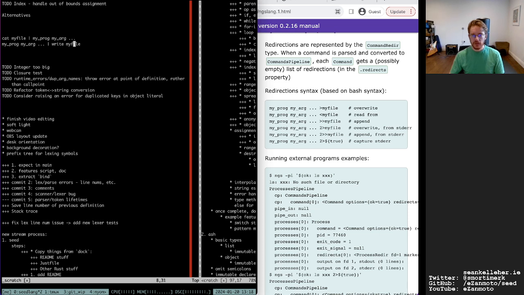So here we would do write, maybe append, and this would be overwrite. So overwrite would be the default. Oh, but that one's doing standard error.